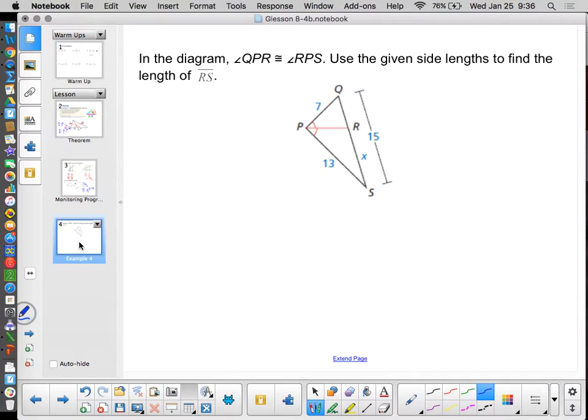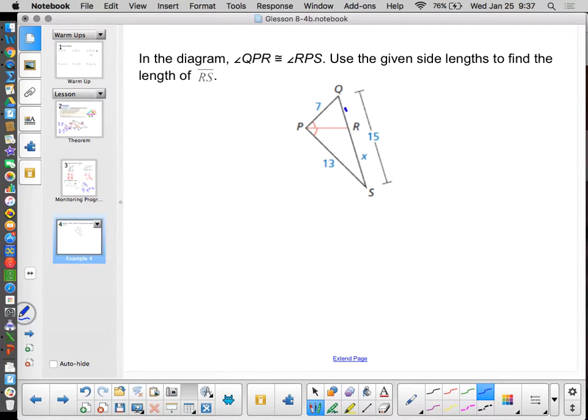One last problem. This one's a little bit different because notice I don't have anything listed for QR here. I want to solve for x. So how am I going to do that? Well, what we're going to have to do is find a way of finding a